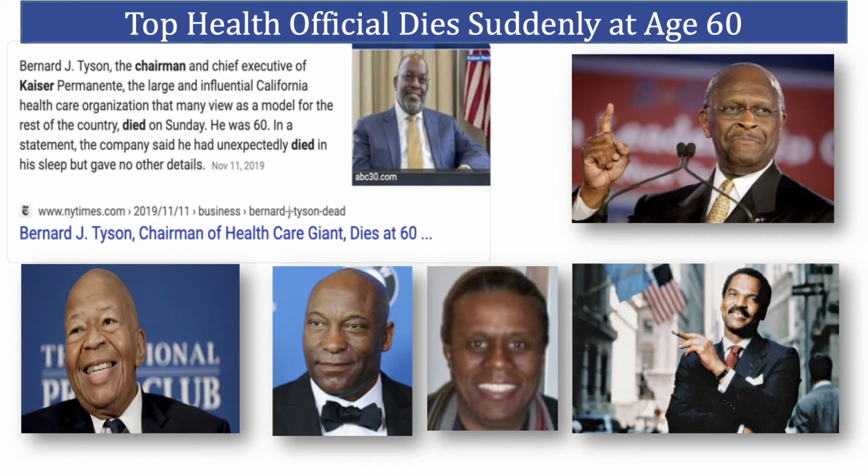Now, this is not just a situation of the socioeconomically challenged individuals, as we can see from this slide, that many prominent, well-to-do African Americans have died suddenly from a chronic condition. So, for example, even Bernard Tyson, the CEO and chairman of Kaiser Permanente, with access to the best that the standard of care has to offer, died suddenly of a heart attack at the age of 60. So we need to do better, and we need to marry these two disciplines.